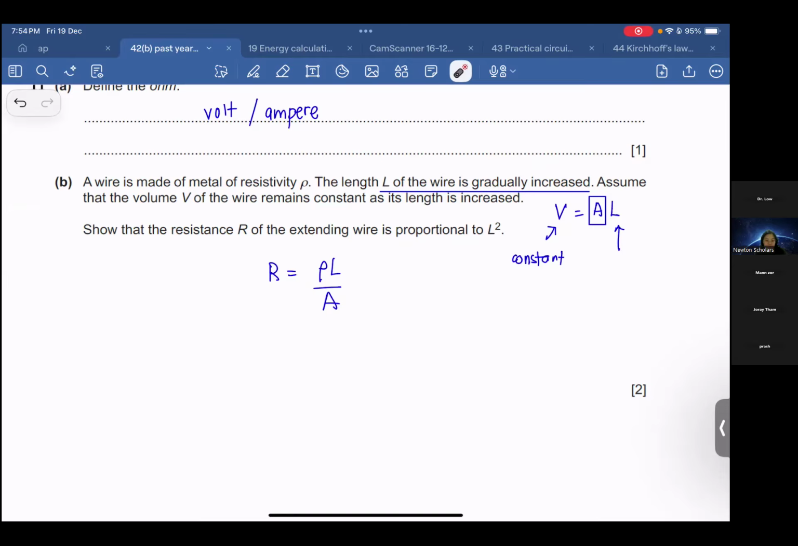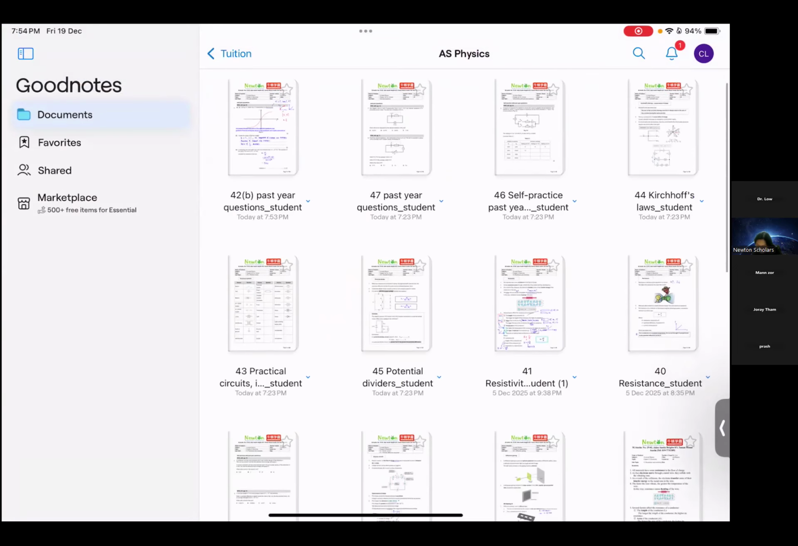You try? So area and length change. So you need to replace the area with something constant. You cannot use A in your formula because A will change, then L will change, and it will affect the R. So you cannot have A in your formula anymore. At the same time, try to find the